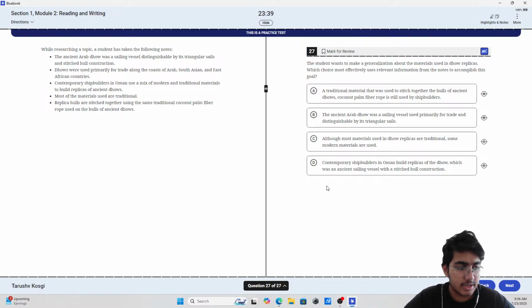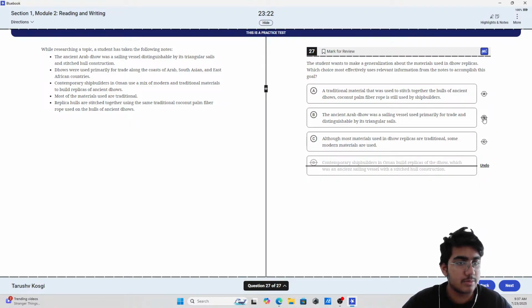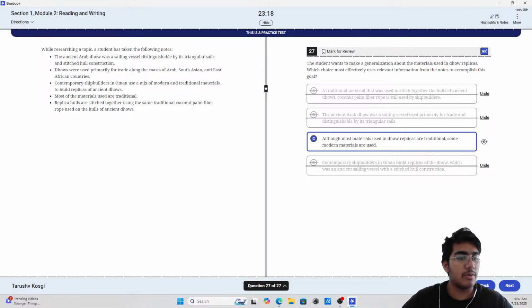Which choice most effectively uses relevant information from the notes to accomplish this goal? So, the generalization about the materials. This isn't about the materials, this is about the Tao itself. This is a specific material, and this is a generalization about the material. So,